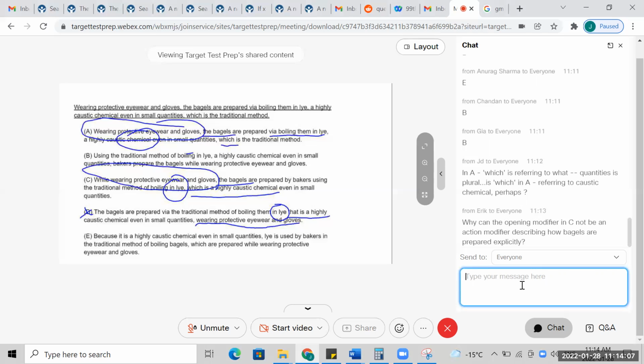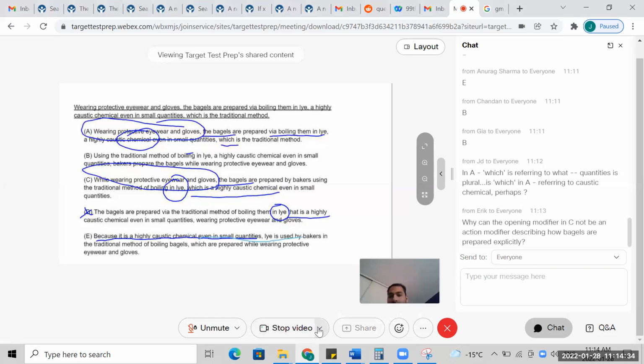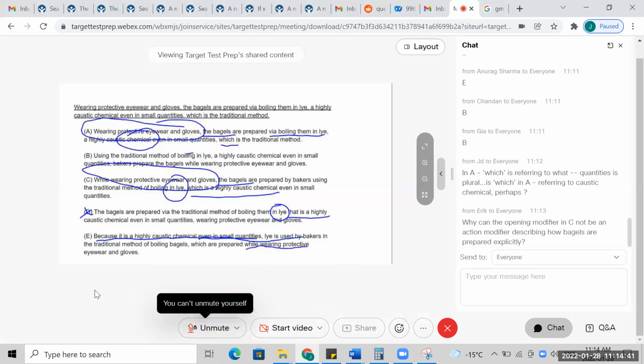E. Because it is a highly caustic chemical, even in small quantities, lye, looking good. So what are we doing here? We're comparing, we're seeing wearing protective, the bagels, wearing protective, the bagels. So now we have an opening modifier that works because it is a highly caustic chemical, even in small quantities. Lye, perfect. So far, so good. Okay. Is used by bakers and the traditional method of boiling bagels, which are prepared while wearing protective eyewear and